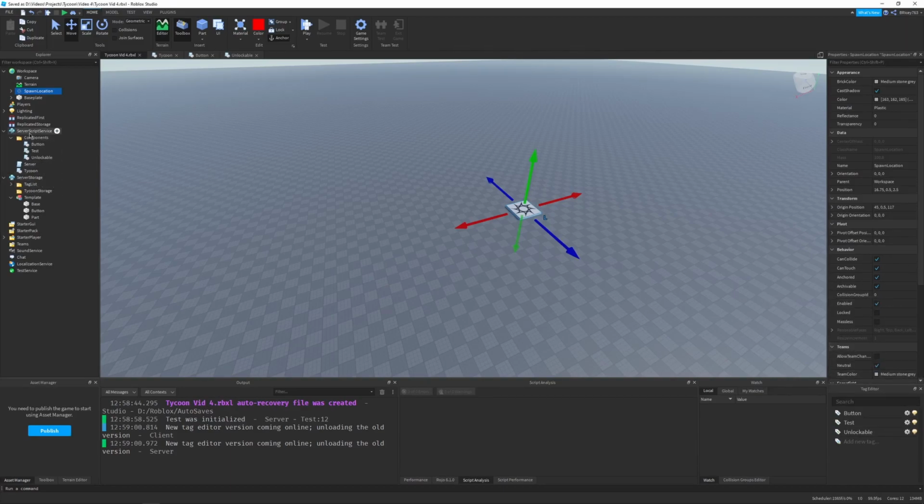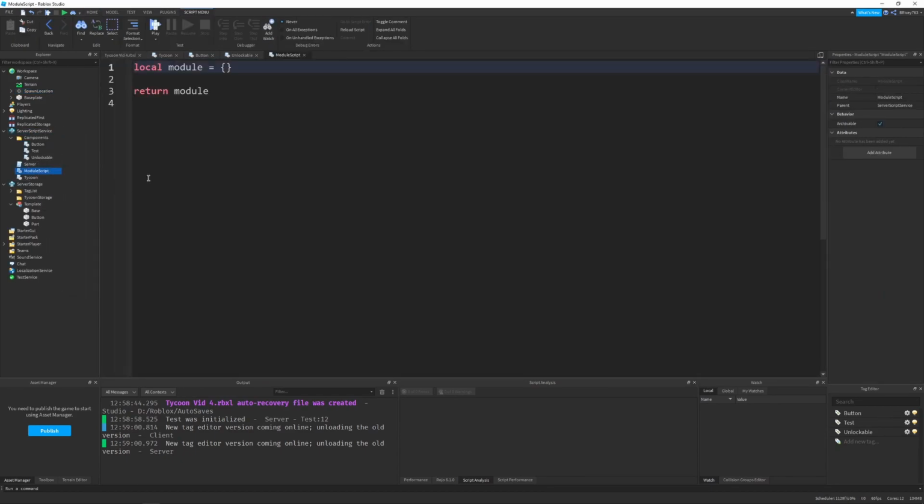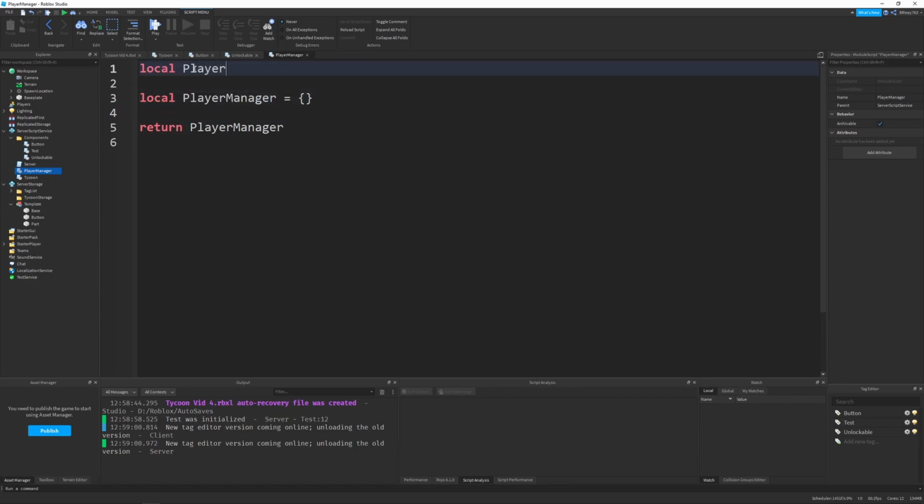So let's do that. I'm going to go to ServerScriptService and create a new module script and name this module PlayerManager. This is going to be a pretty run-of-the-mill player manager. You've probably heard of those before or made them before. So I won't explain that much because it's quite simple. So it's just going to be a normal module, not a class or anything, and I just renamed those 2 things. At the very top, we're going to say local Players equals game get service Players, and then we want